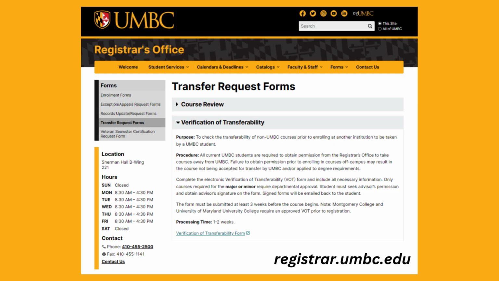You will find that the form is located on the Registrar's Office website, registrar.umbc.edu. If you click Forms and then Transfer Request Forms, you will be able to access the Verification of Transferability form. You should submit this form at least 3 weeks in advance of the course start date at the other institution, but the sooner you submit the form, the better. This will allow you to receive a decision about equivalency and transferability of the course prior to the first day